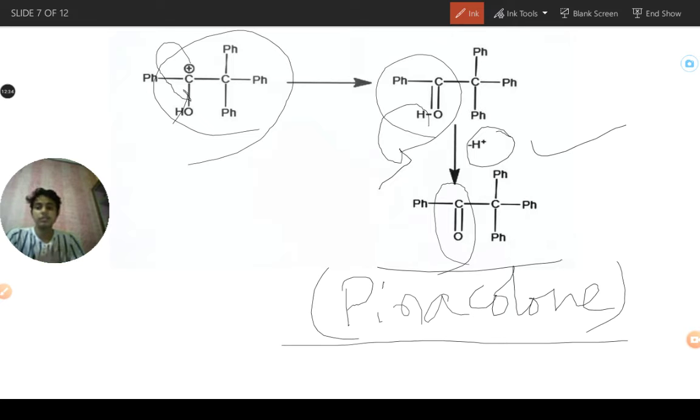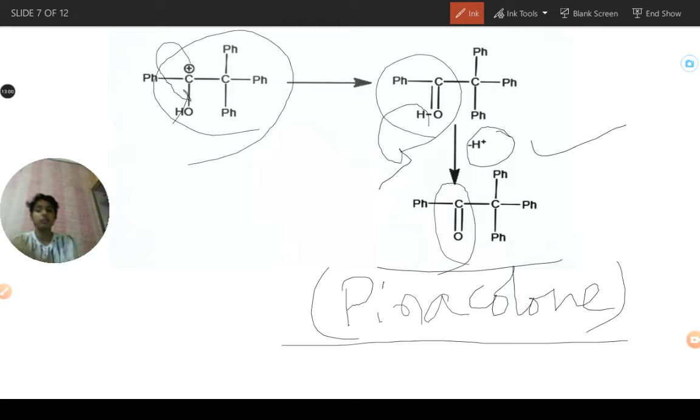But you must be asking yourself, or asking me, do you have to do this much of mechanism in the exam? But my answer is no, we can find it in 2 steps. So I am just moving to one of the questions. I will be saying how we will be doing such type of questions very quickly, the pinacol and pinacolone reaction.